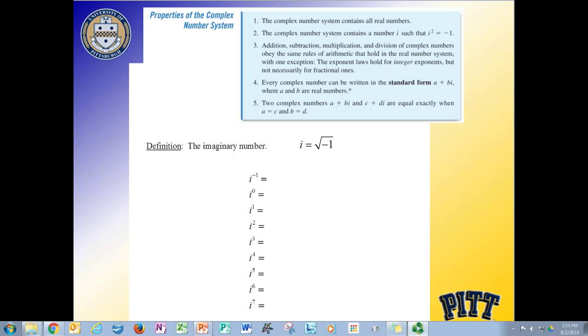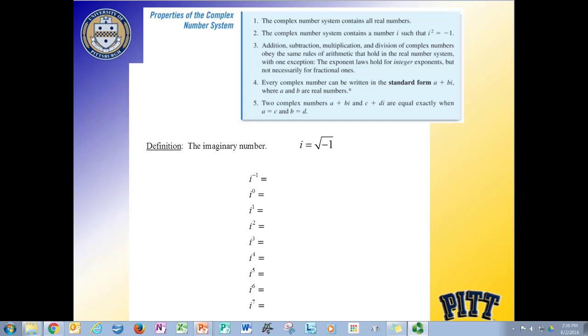Every complex number can be written in standard form, a + bi, where a and b are real numbers, and that's the important part of that. One of the things that they don't make mention here, but it becomes an important part of this, is that the complex numbers in all these operations are closed systems, which means if I add, subtract, multiply, or divide two complex numbers, or I raise a complex number to a power, or do many other different operations with it, I end up with yet another complex number, which means I should be able to get a number that's written in